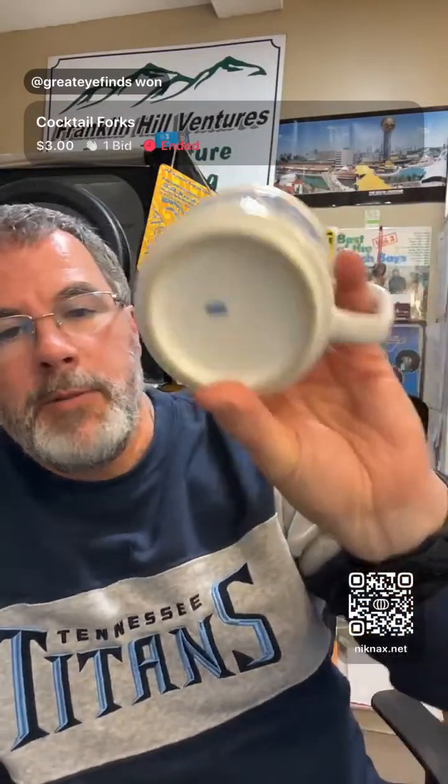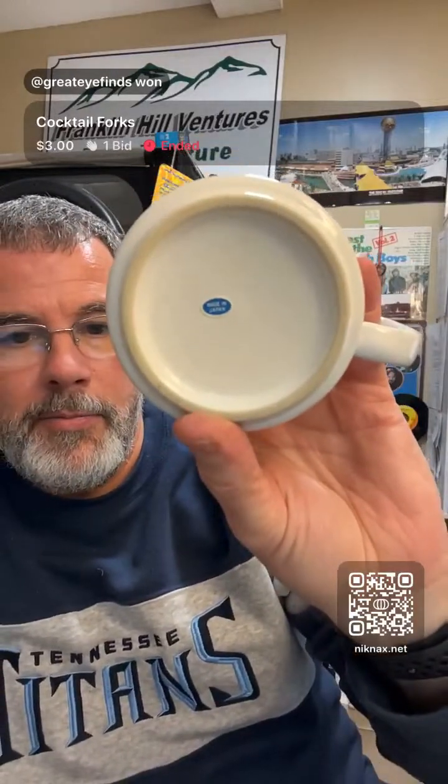Here's a mug from the Grand Ole Opry. I don't know how old it is. That's the new Grand Ole Opry, which was from the 70s. So it's made in Japan. So maybe,